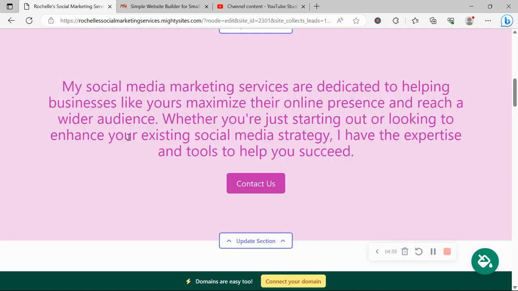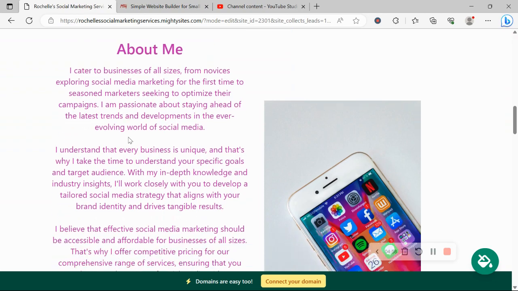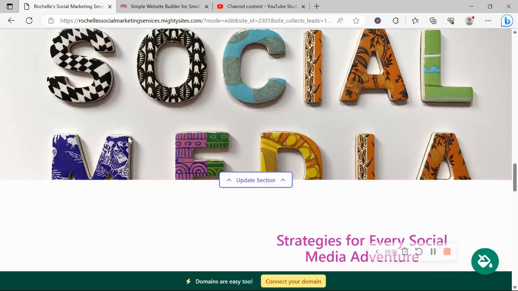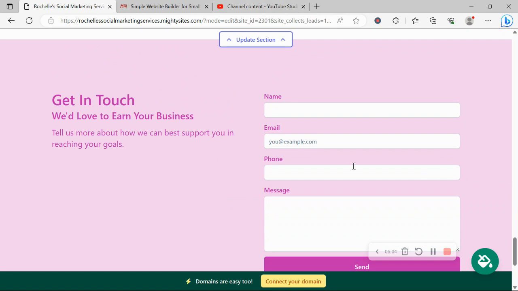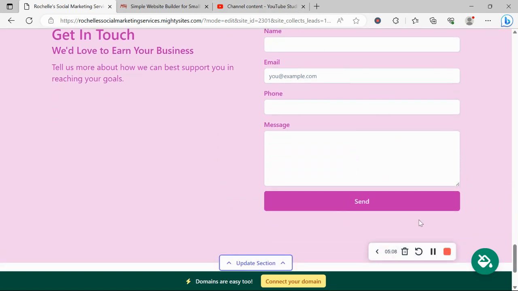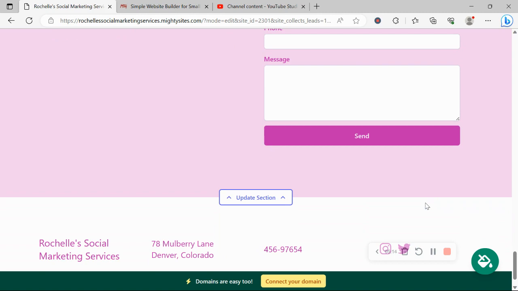Maybe you want to make one or two amendments to that. Awesome. Look at that. Everything looks absolutely fantastic. Over here in the last section is where your customers can easily reach out to you with their queries. All they need to do is put in their details, click on send. You will get notified via your registered email with your MultiSites account that you have a new lead from